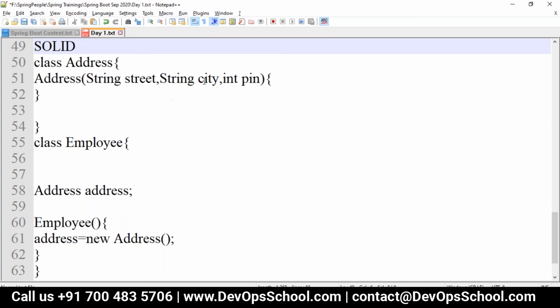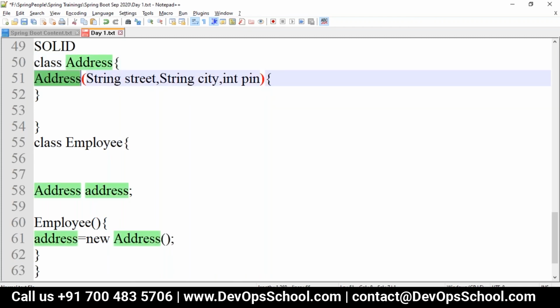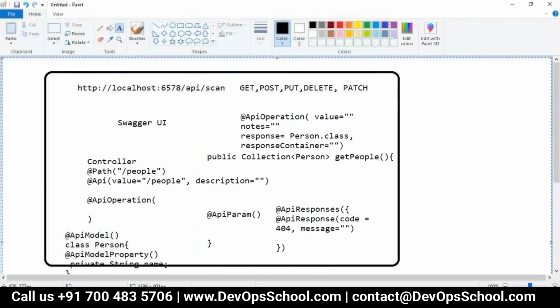Here, if you create objects like this, where we created an Address in an Employee, the Employee class becomes dependent, because if a small change happens to the Address constructor, your Employee is also affected. So how does the dependency inversion principle solve our problem? Let me take a simple paint here.